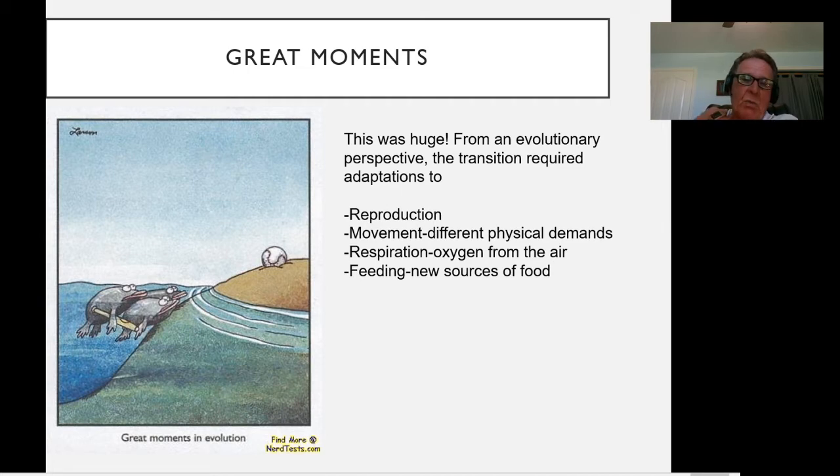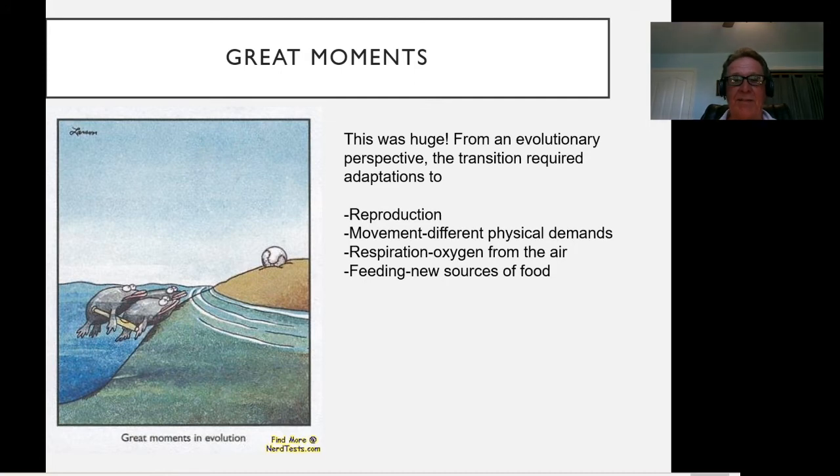So think about it, in the water, a lot of aquatic animals either lay their eggs within the water, or, in terms of fish, they have their eggs in them and they release the eggs. Everything's done in an aquatic environment. When you move on to land, suddenly you have stressors, right? Because now you can't just lay the egg on the surface of the land because they're exposed to all the stuff that can damage eggs in the terrestrial environment.